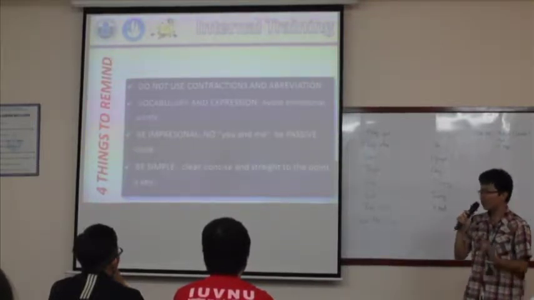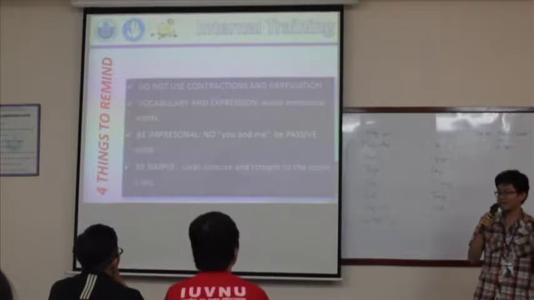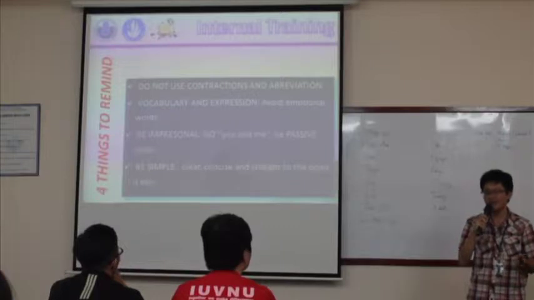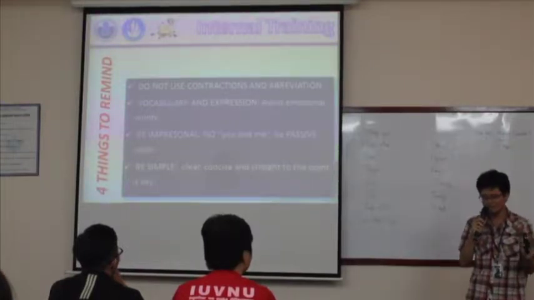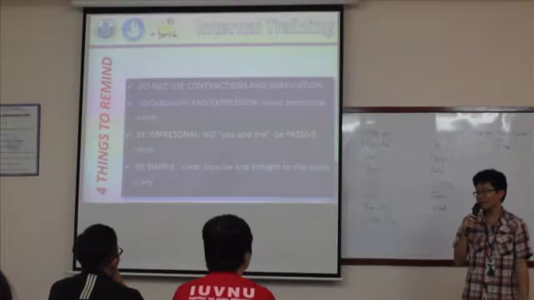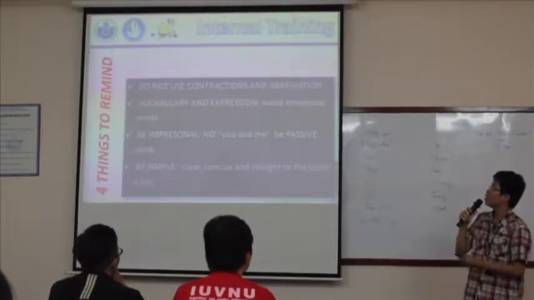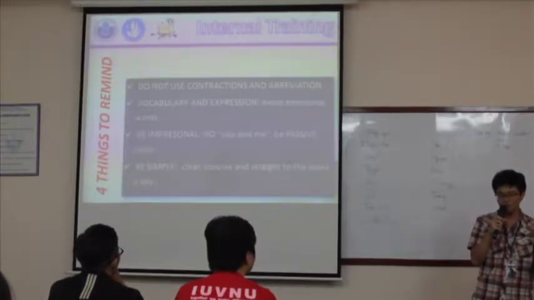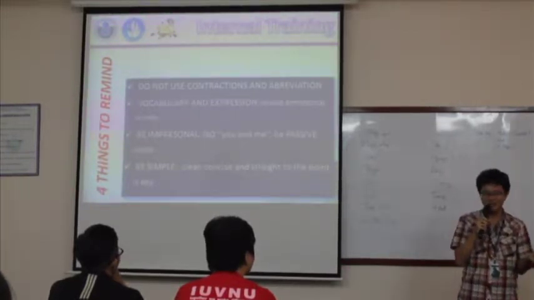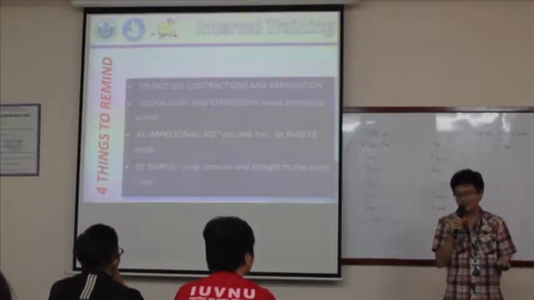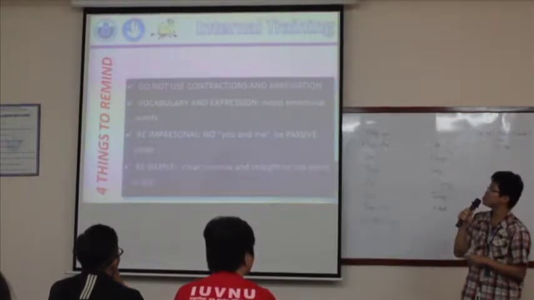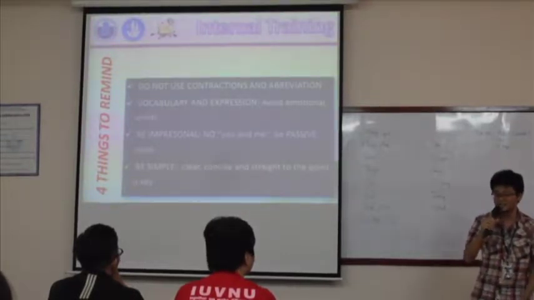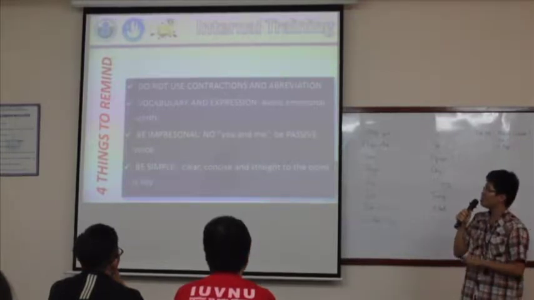And here are the 4 things that you need to remember when writing academic English. First of all, do not use contractions like it's or can't or won't. They are not acceptable. You must write a full word like it is and cannot or will not, and no abbreviations either. That means no TV, no memo, no web, but you must say television or notes on the internet. There are only a few exceptions where you are allowed to use abbreviations like FBI or CIA because they are internationally accepted.